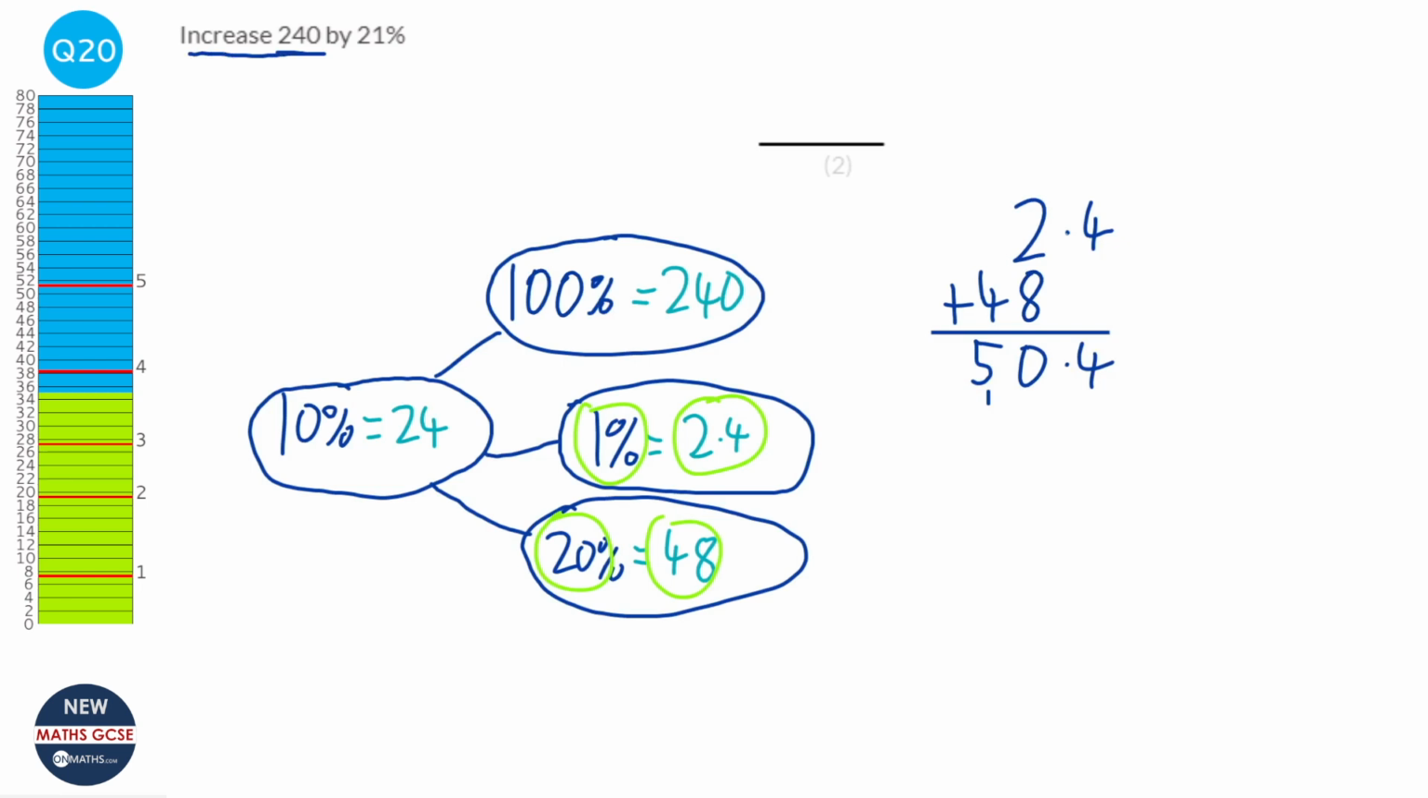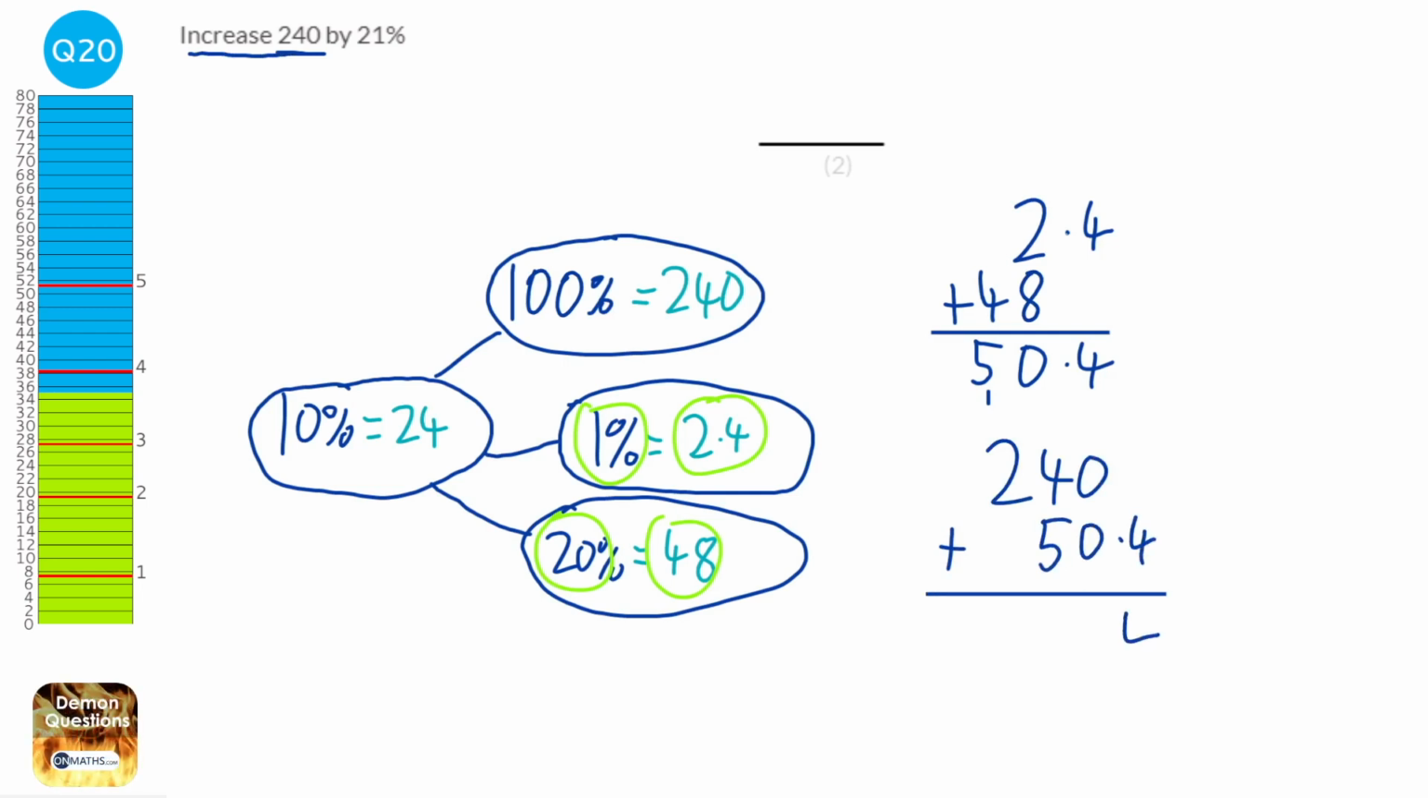240 by that amount. So we need to get 240, and we need to add the 50.4. Probably, again, don't need to show the working out for this. We can do this in our heads, but it's a bit easier to see what we're doing. So the answer would be